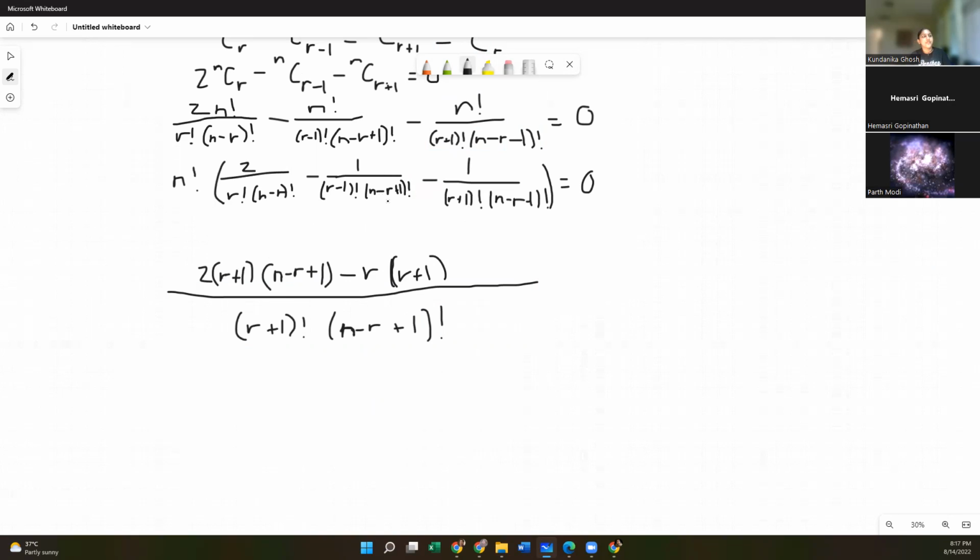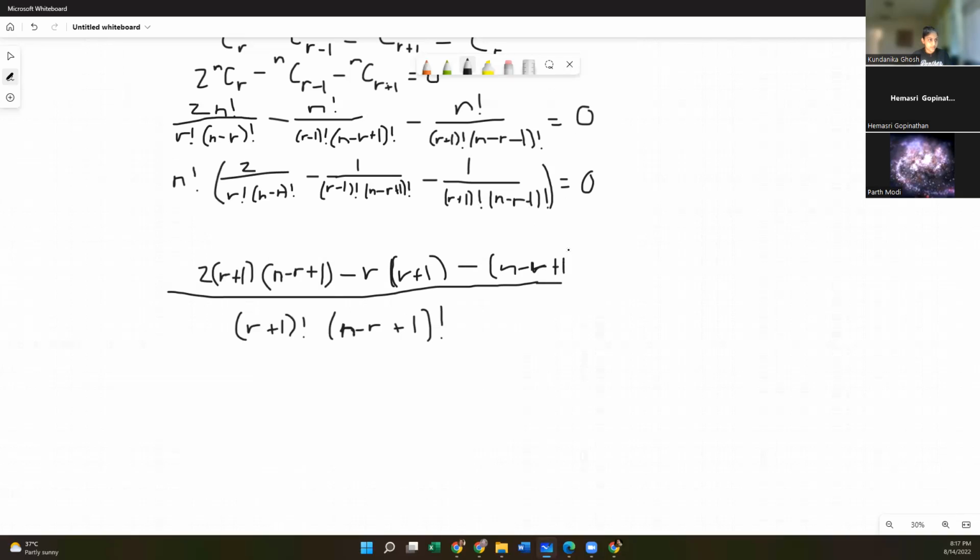Okay. And then same thing over here. The n minus r plus 1 factorial over here doesn't matter because this is the same thing, so that just cancels out. And then again, r plus 1 factorial, same thing, cancels out. n minus r plus 1 factorial can be rewritten as n minus r plus 1 times n minus r times n minus r minus 1 factorial. So the n minus r minus 1 factorial will cancel out, and all that's left on the top is n minus r plus 1 times n minus r. Do you get that? Yeah.